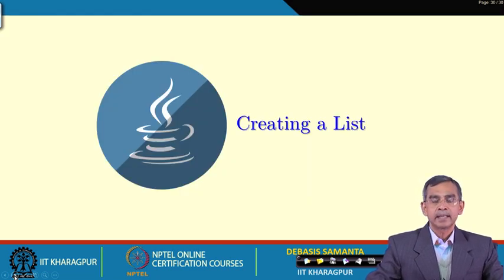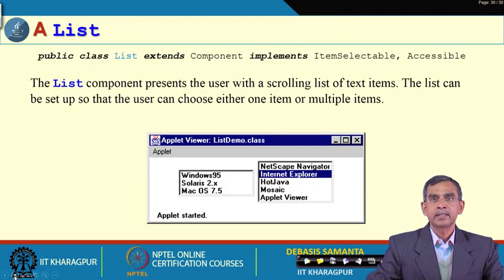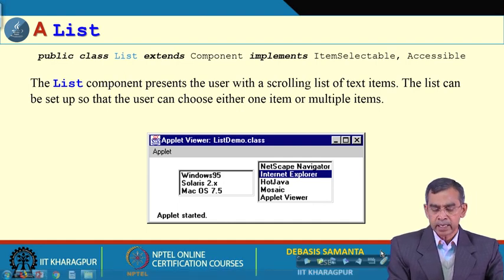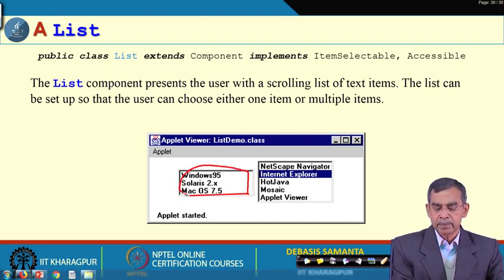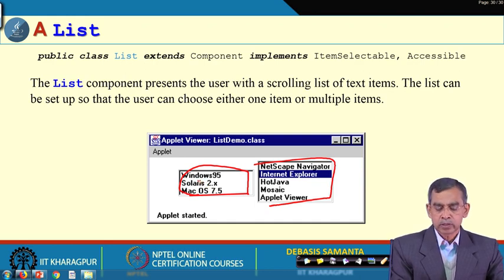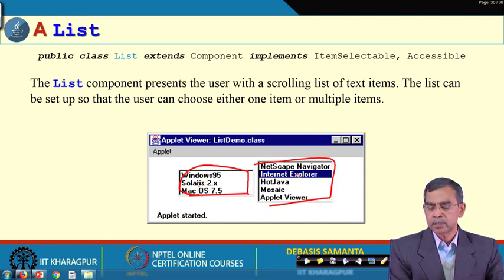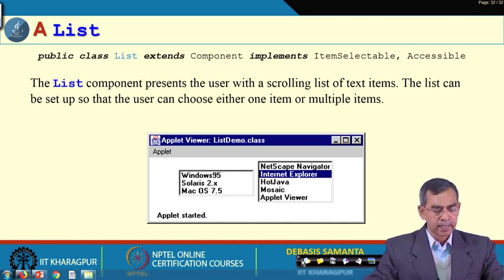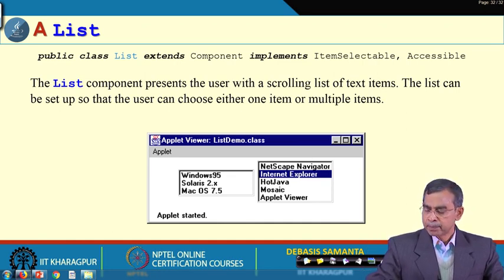Now, list is another graphical user interface item. A list typically looks like this. Here we have displayed two lists. This one contains some elements, it is just like a text area, but it is called a list. This is another list, and the idea is that we can scroll, and hover our mouse to select any one item. For example, whenever the mouse comes here it highlights, and that item is selected. So, these are examples of a list.